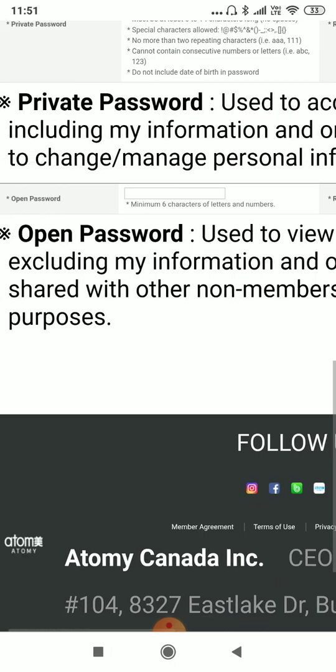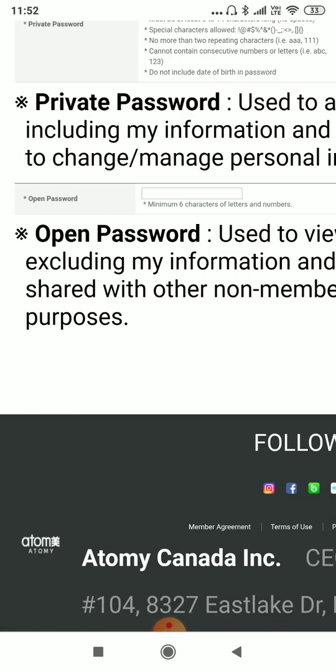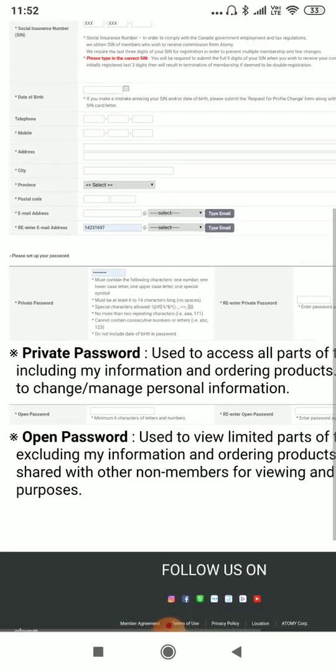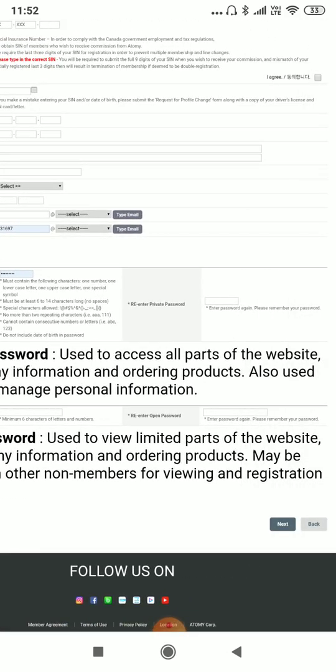When you have filled this, your form is complete, and last you'll have to press next. After pressing next, you will reach the page where you have to put the sponsorship details. Sponsorship details means the last person in your team under whom you would be putting the person who has filled his form. So that is very important. You have to put it very correctly, otherwise the placement will be wrong.